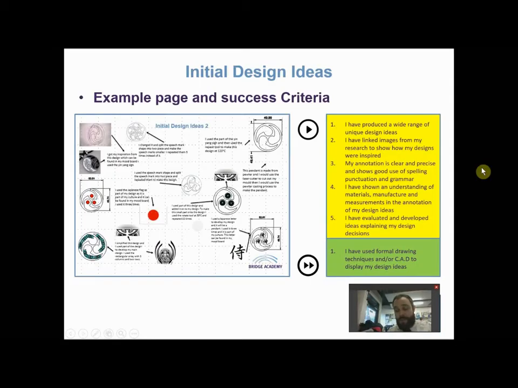This video is on initial design ideas, so finally getting to the, I suppose, the fun part of the project, the bit I enjoy really, where we're starting to come up with ideas and being creative and innovative with our work. Now this video is purely about what perhaps we need to do in terms of meeting the exam criteria, and it is purely a suggestion as to what sort of things you might want to include